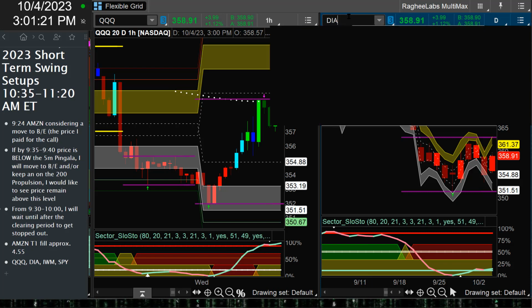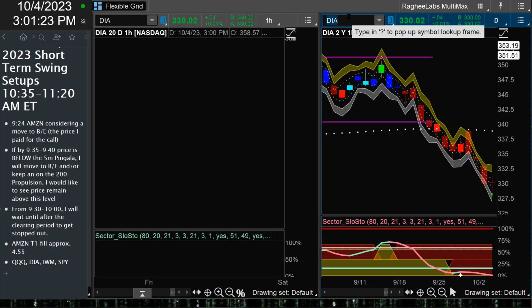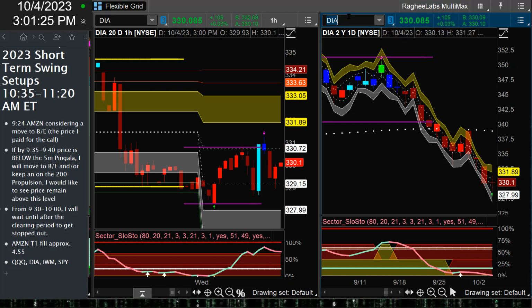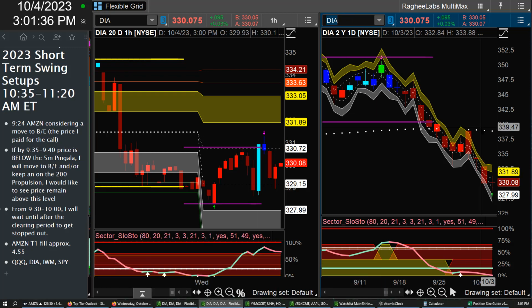So then I move on to DIA. So again, gang, what this recording is designed to do is walk you through in about 20 minutes how I would look at some major symbols to get a feel for what would be a candidate for a potential swing. Now, DIA is a little bit better. See, DIA would be something that would qualify for on the radar, because clearly DIA, and this would be the 1 hour and the daily,